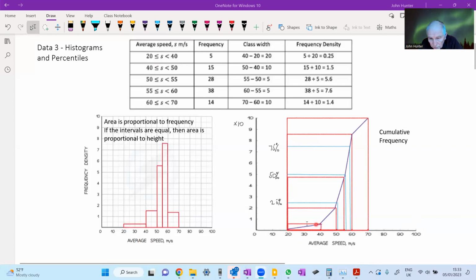That's 5%. But we could think about this differently: between 20 and 50, we've got 20. Okay, so this box here